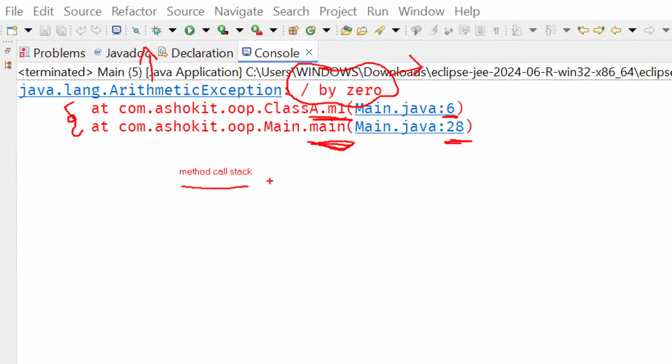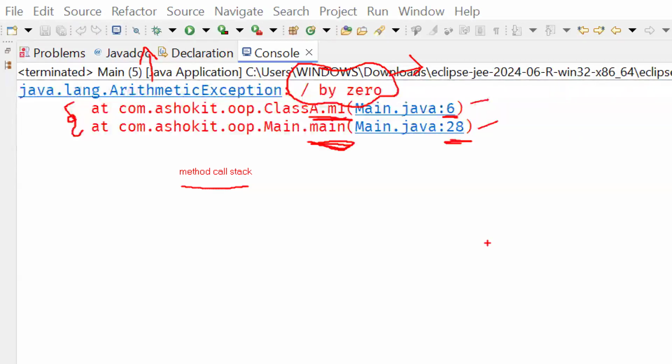Method call stack. The fourth part is the line number. Then, the printStackTrace method will give us detailed information about the exception. So suppose as a programmer, if you want to know the detailed information about the exception,